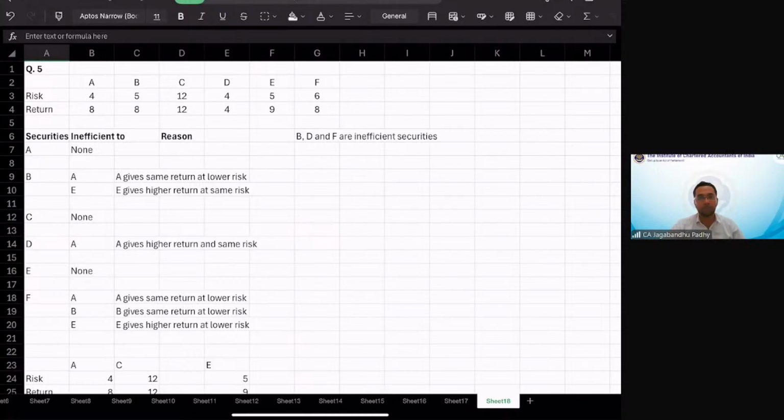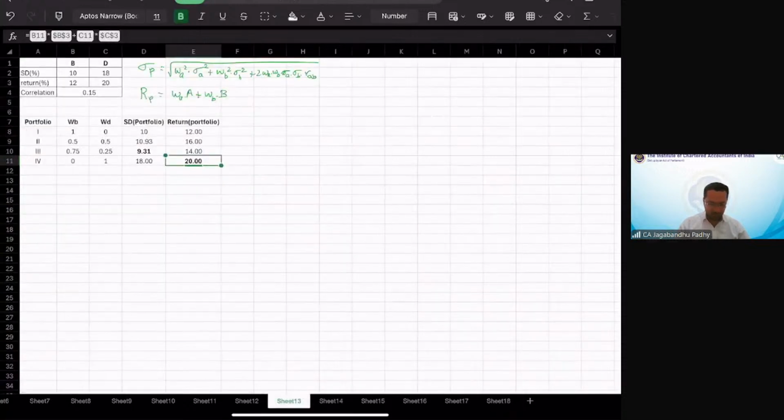Okay, students, I think with this we come to the end of this session. And Jagbandu sir, I really thank you because you have made the topic of correlation understood to the students in a very good manner, because you have taken various cases, like if the coefficient of correlation is 1, then the